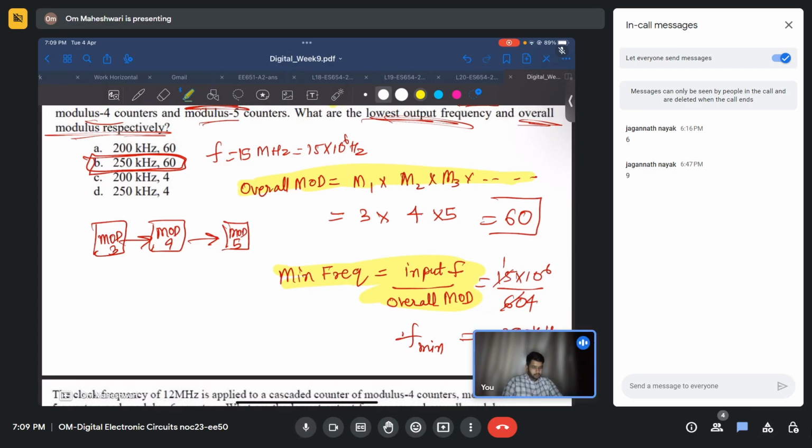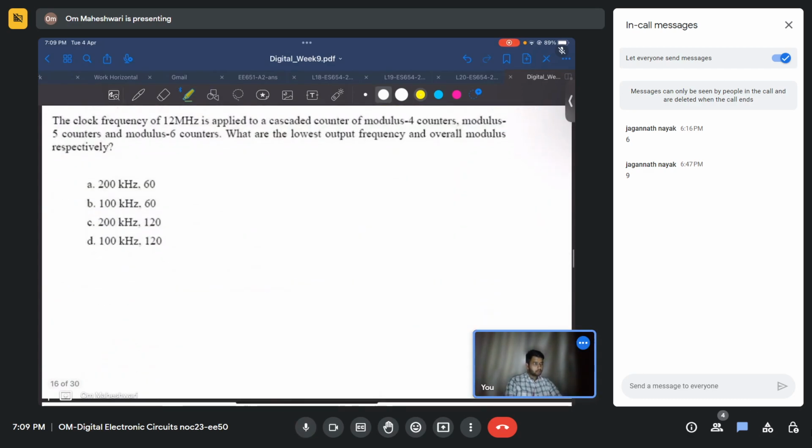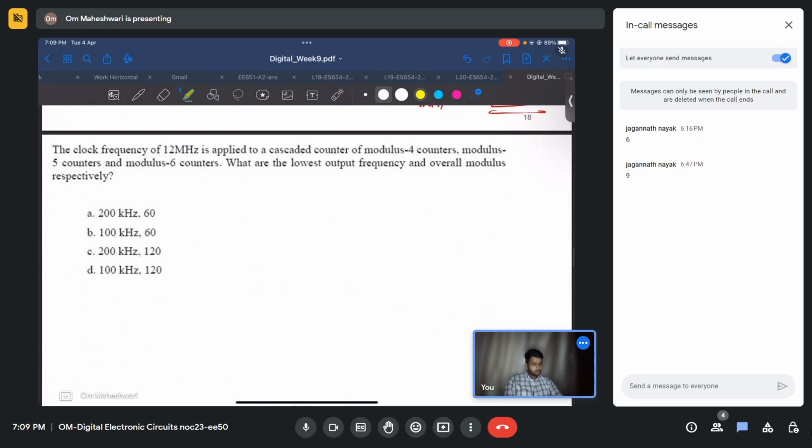Okay. So let us see the next question. It is same as previous. So please tell me the answer. We have now input frequency is 12 megahertz. F in is 12 megahertz. And mod R, we have mod 4, mod 5 and mod 6. So what is the overall mod and lowest output frequency? That means,